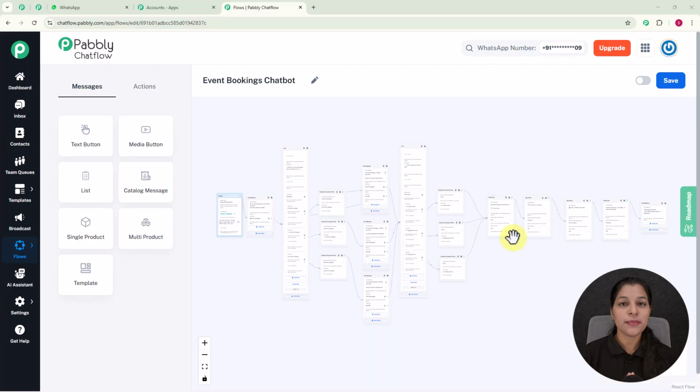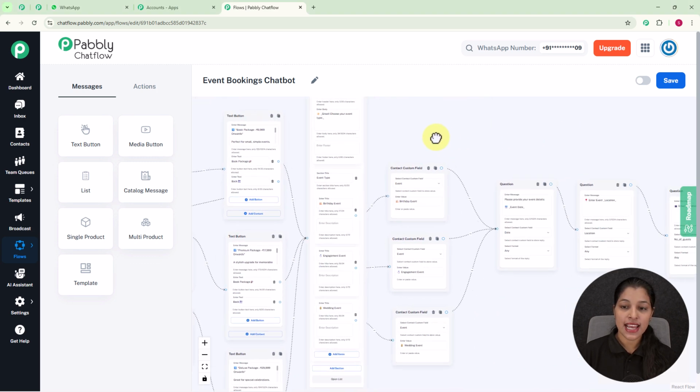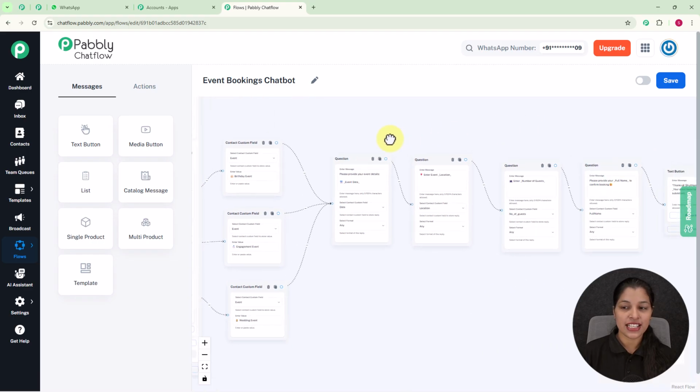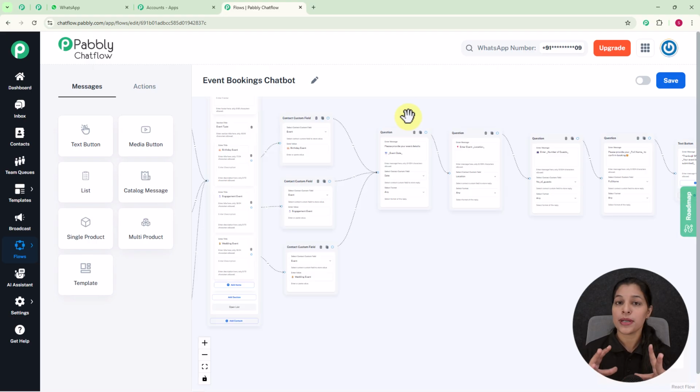Let's begin by taking a look at the WhatsApp chatbot, which I have already set up for this automation. Here you can see the final version of the flow, and you can clearly see how these steps are connected and how the conversation is structured. Now let me show you how you can build this amazing WhatsApp chatbot for scaling up your own business. But before building it from scratch, let me show you how this chatbot works in a real